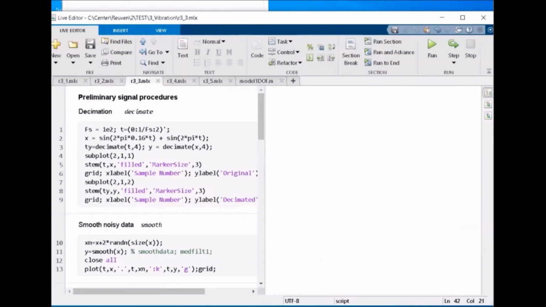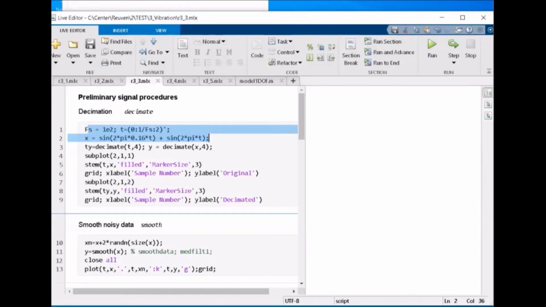You're welcome. Now, we maybe do not have so much time for this. Let's do it much more quickly. Also, I would like to tell you about some preliminary signal procedures that we need to know before this Fourier analysis. Decimation is just throwing out some points inside the digitizing. Sometimes we have too many points, and decimation decreases the sample rate of